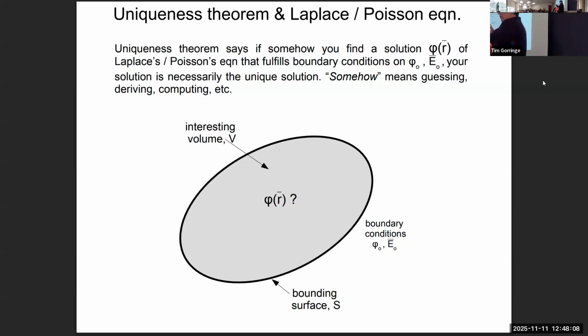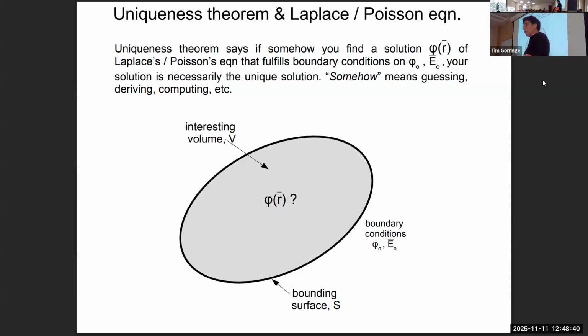Well, that's the interesting volume in gray, and it's surrounded by some bounding surface, this black line here, on which we specify the boundary conditions. So this is the type of problem that we're going to address. This is the type of problem that there are methods to solve analytically, and there are methods to solve numerically. The uniqueness theorem says that